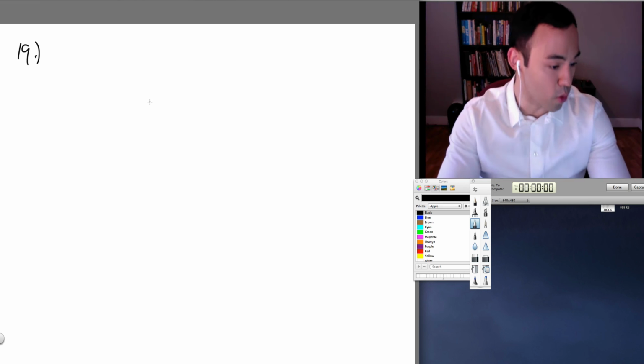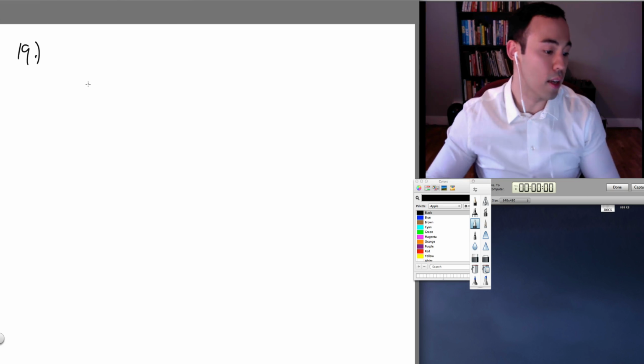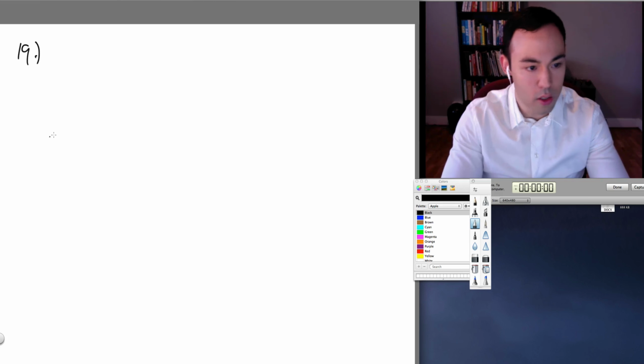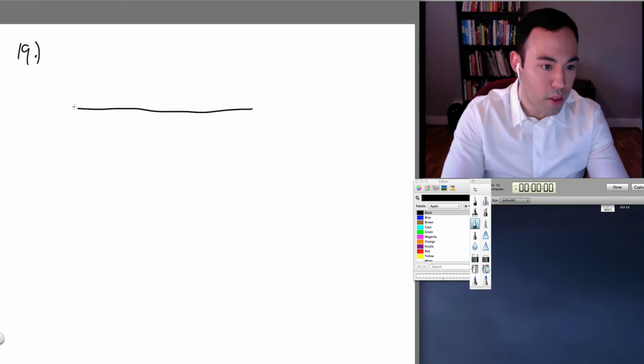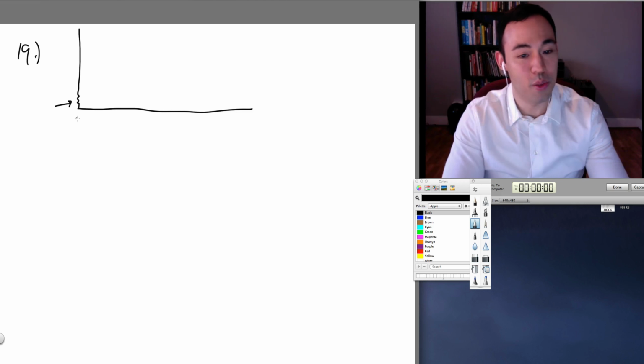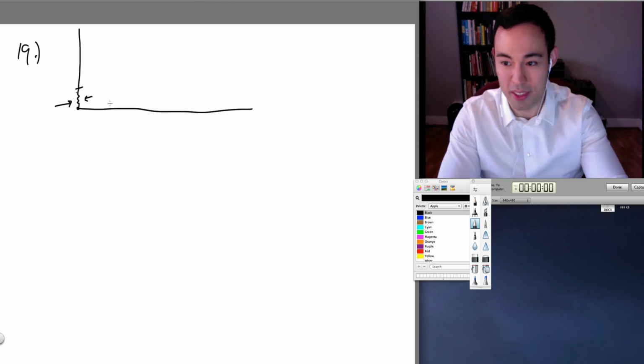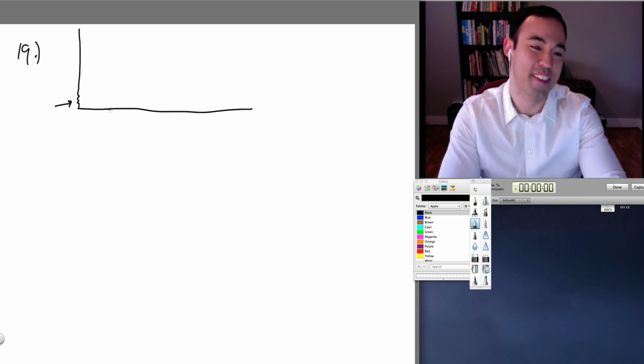So on the day of a rainstorm, the depth of the water at a certain location along the winding river was recorded hourly, and the results are indicated in the line graph above. Now you notice, by the way, in that line graph, they have a little squiggle along an axis. That squiggle means you have no idea how much distance is between the origin and, say, that first tick mark, okay? The squiggle could be a 1, it could be a 2, it could be a 50. Though 50 would be pretty extreme, right? That'd be like a truly torrential flood of rain. But anyways,